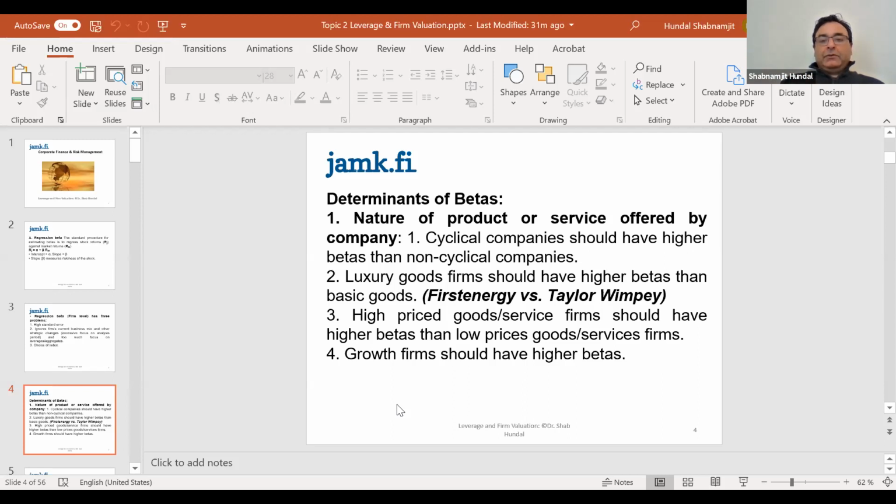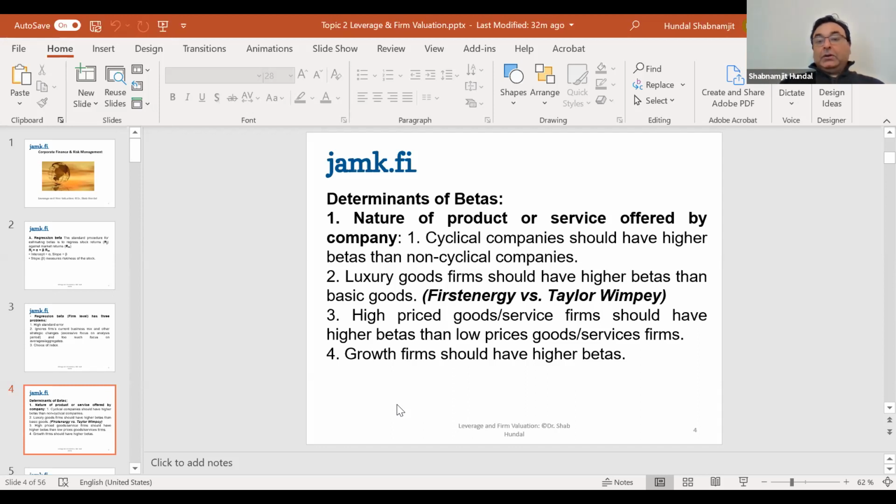And you can see I gave you an example of two companies. The first, energy, provides electricity. It's a very famous electricity company. When I last saw the beta of this company, it was about 0.20, which means if the market increased by 1%, this company's stock return increased by 0.2%. The market impact on this company is one fifth